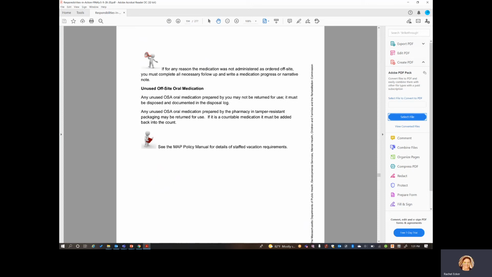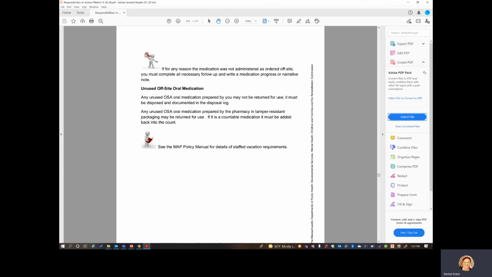But if it was prepared by the pharmacy, such as going away for a vacation, and the vacation overnight was cut short, and now you have some medication that's blister packed by the pharmacy for that trip, since it has not left the hands of a MAP certified staff person, it can be brought back into the house, which is different than for LOA, right?